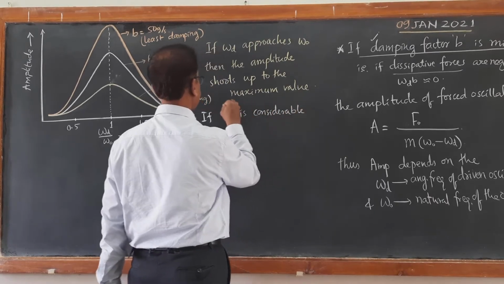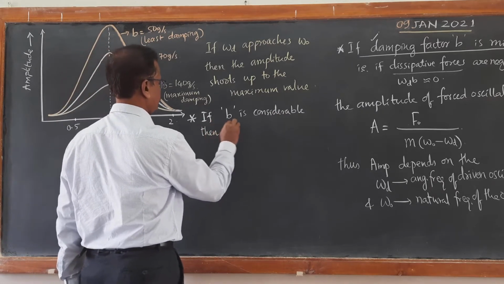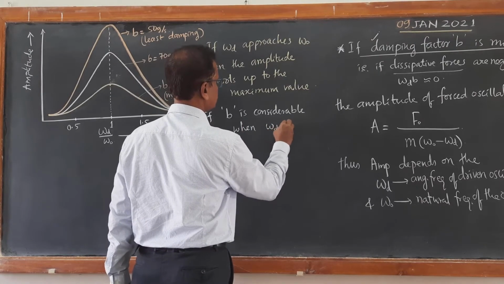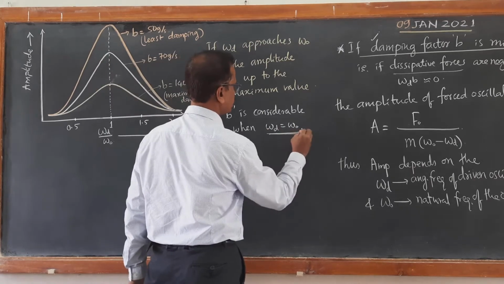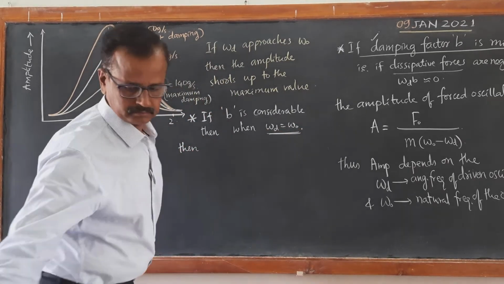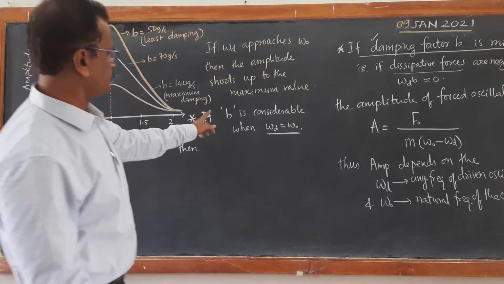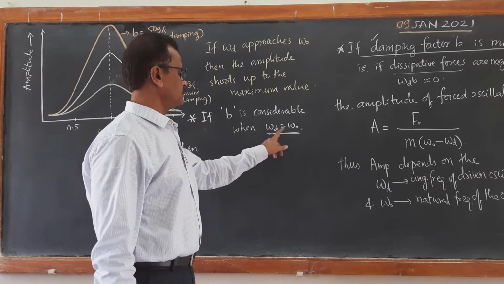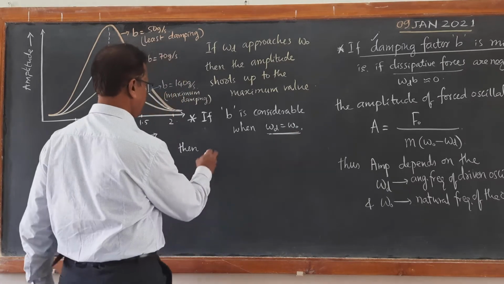If damping factor B is considerable, then when omega d becomes equal to omega naught, with considerable damping, when the driving frequency omega d is approaching or almost equal to the natural frequency, then the amplitude